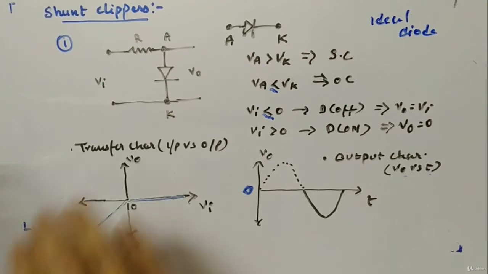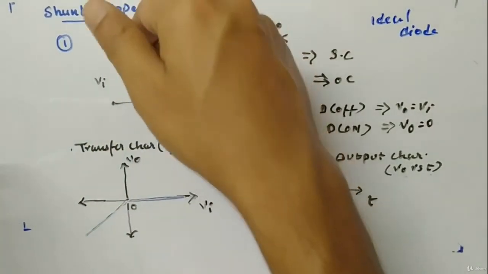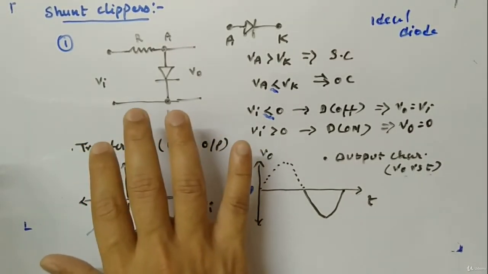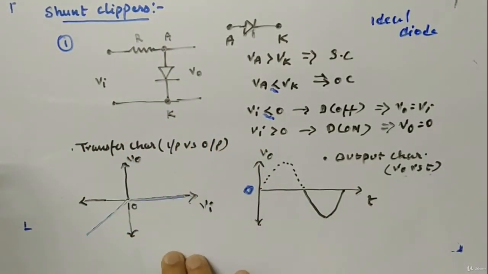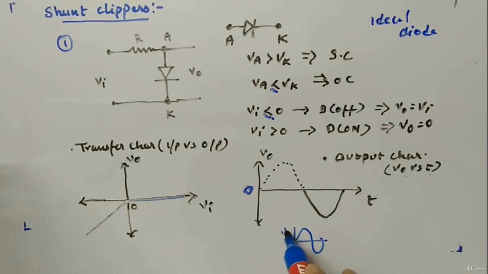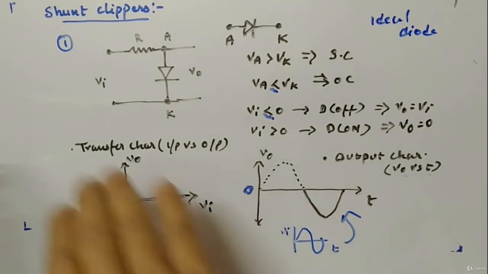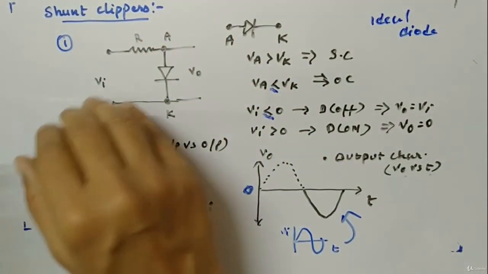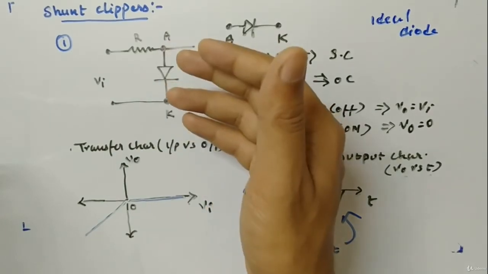Okay, so it is called shunt just because the diode is connected in shunt. So this is a standard circuit which is used for clipping, and this is how it clips. For this case, Vi would have been like this, and that results in this output. Okay, so that is how a shunt clipper works. This is one model. Now we will see the next models of shunt clippers, and how different shunt clippers can be.